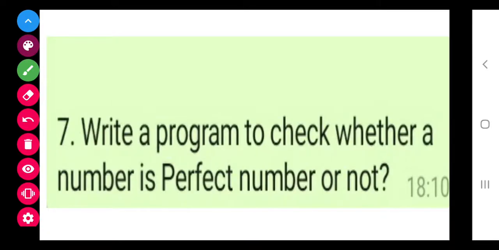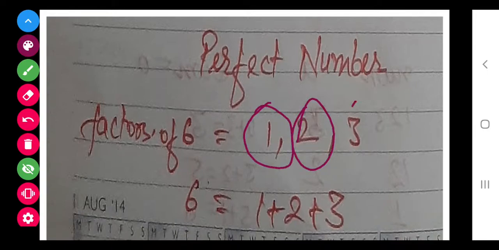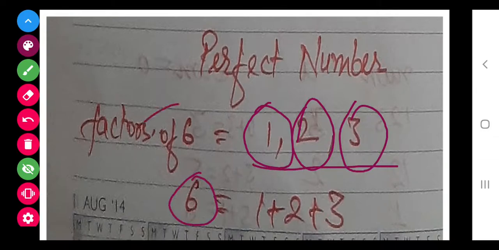Next, write a program to check whether a number is a perfect number or not. Now what is a perfect number? A perfect number is a number whose sum of factors is the number itself. The factors of 6 are 1, 2 and 3, and the sum of 1, 2, 3 is 6 only.